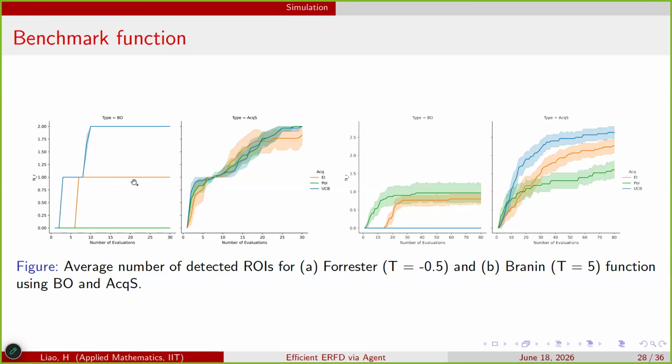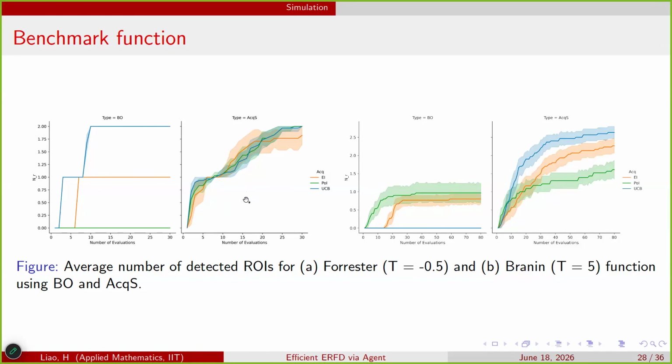And basically, we can see that, as we mentioned before, the choice of acquisition function will affect the performance a lot, especially when you only have limited observations. And also, not all of them can find two regions. Some may get stuck in a local area